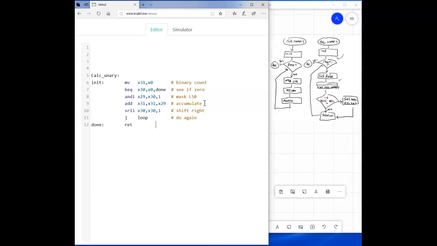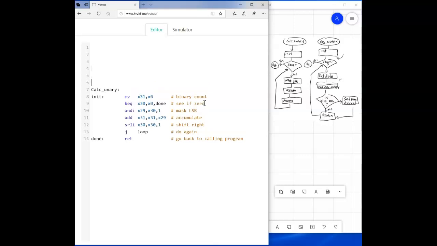I think I'm going to run out of space here. Let's do x30. Okay, and I think that's done. I don't think I need to do anything else on this one. So once again, I kind of crammed it in there because I know this is going to require extra space. And so that's this left flow chart here. And now I want to do the other one, which is the big